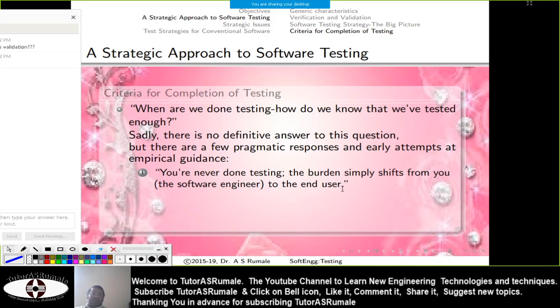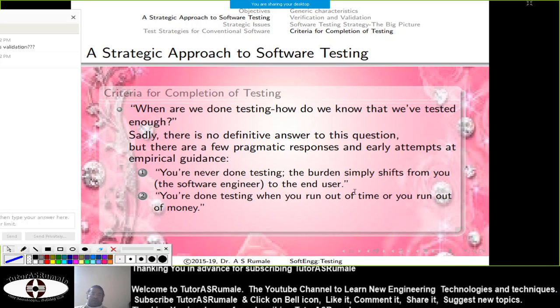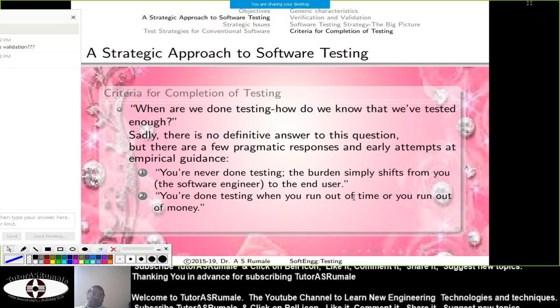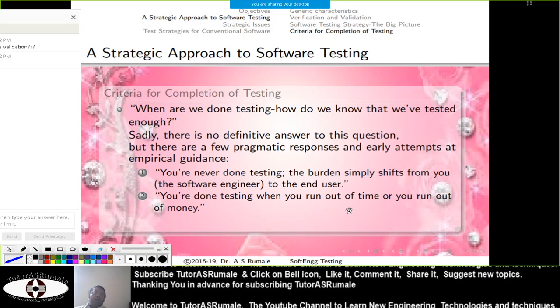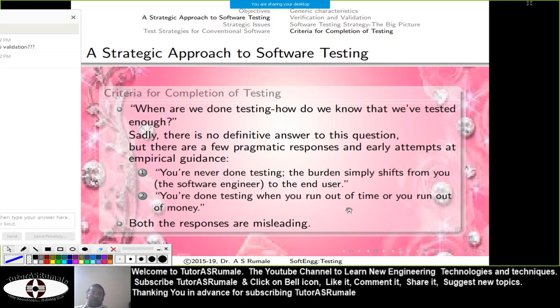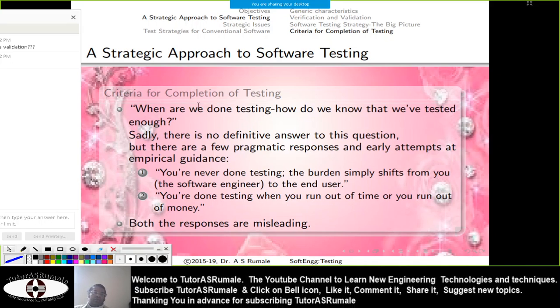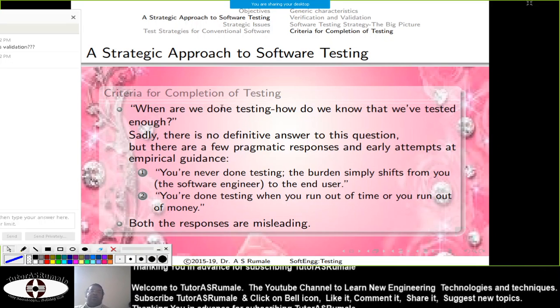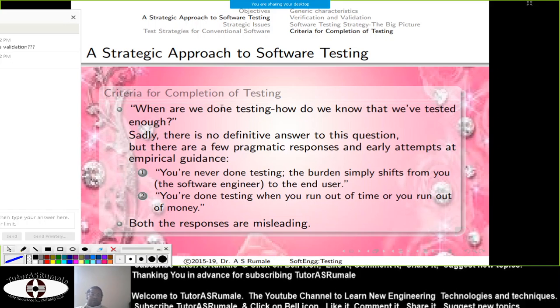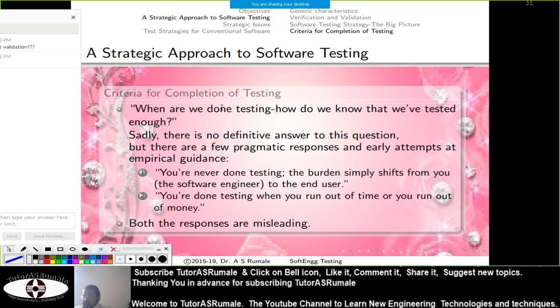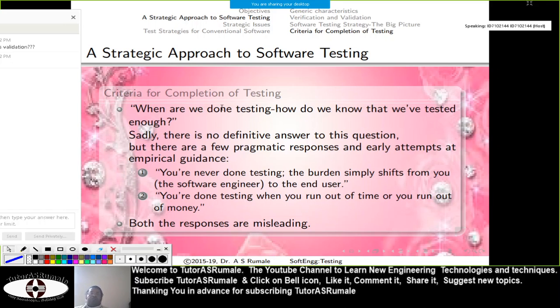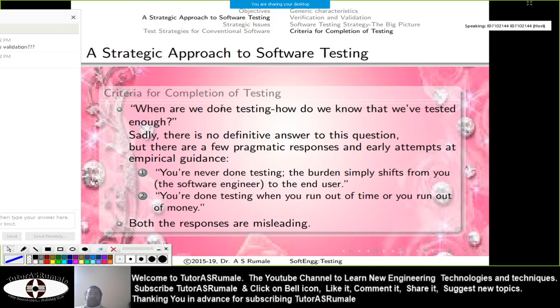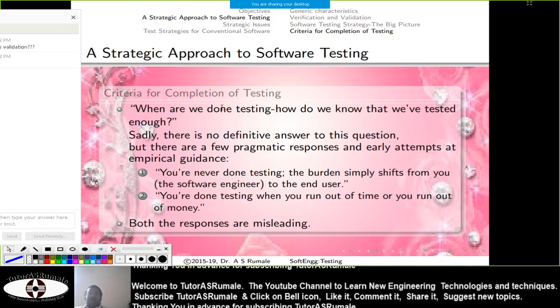So the first answer is you are never done testing. The second answer is you are done testing when you run out of time. Both answers are incorrect. There is actually no criterion for the completion of testing. But you can say that if you have 100 tests, and 51 tests are correct, your testing is done and you can release.